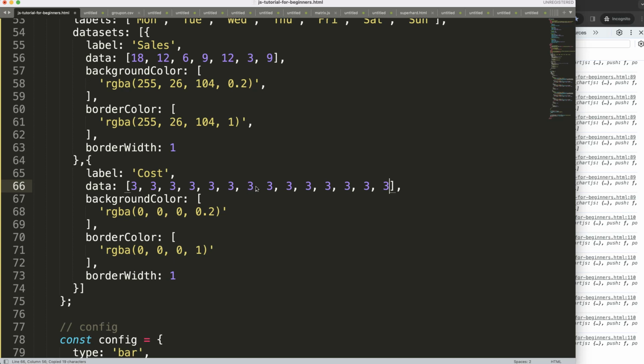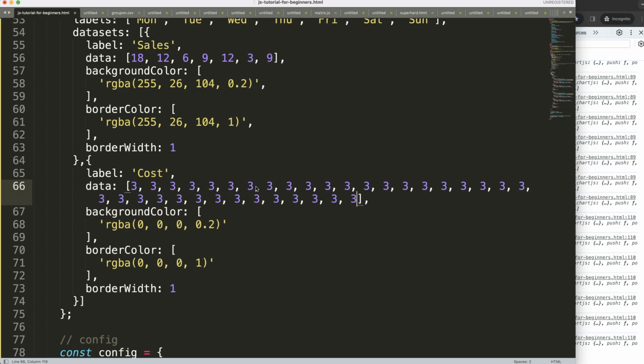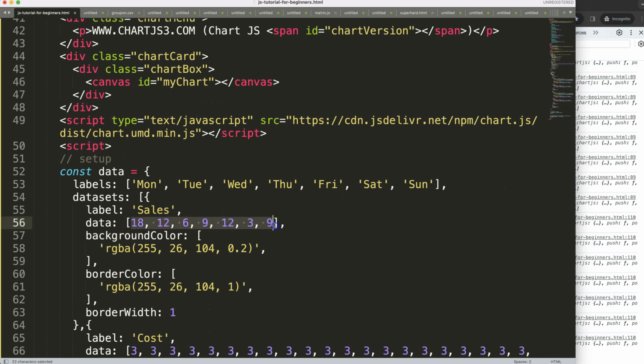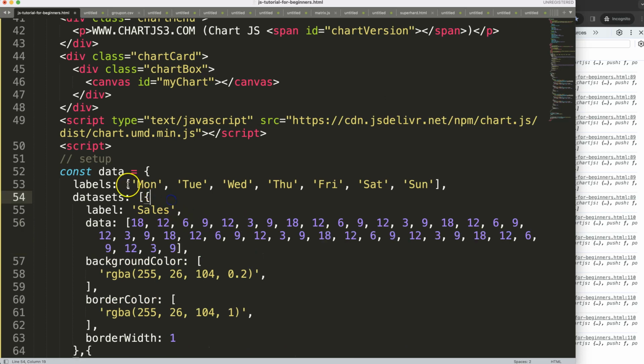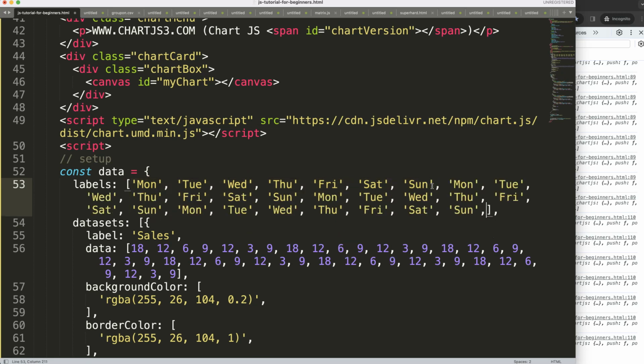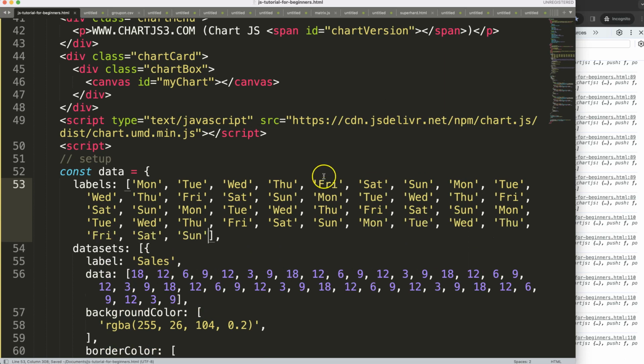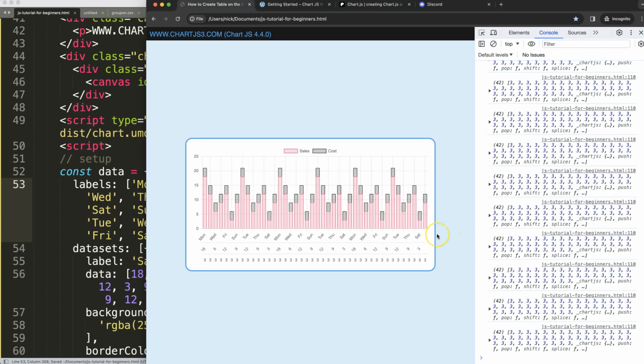So we're going to comma, let's paste this too, that's 1, 2, 3, 4, 5. So I'm adding 5 times additional. So there's a total set of 6. So here, that's the first set, and then say here 1, 2, 3, 4, 5. Alright, that's 6 data points. Then here, what I want to do is copy all of this. I'm going to say again 1, 2, 3, 4, 5. So we have 6 sets here as well, and now we get a massive amount of numbers and a massive